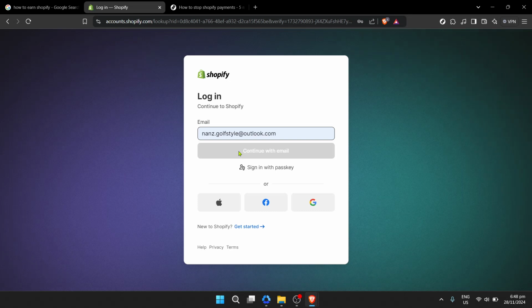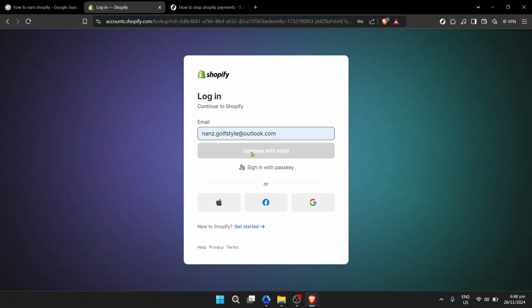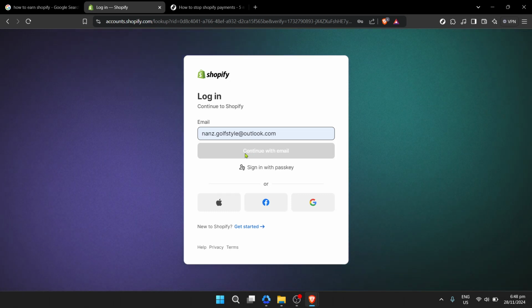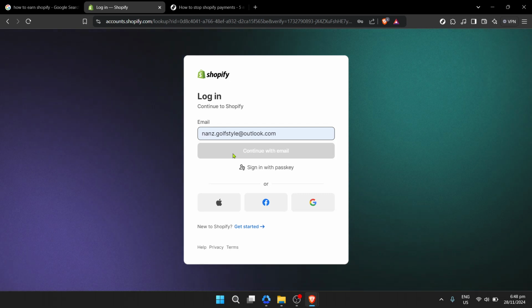First things first, head over to the Shopify website. You'll find yourself on the home page, a portal to the inner workings of your online empire. Here you'll want to focus on gaining access to your store's backend, where all the magic happens. To do this, locate and click on the Login button. This action is your first step towards making any changes to your store settings, including those related to payments.